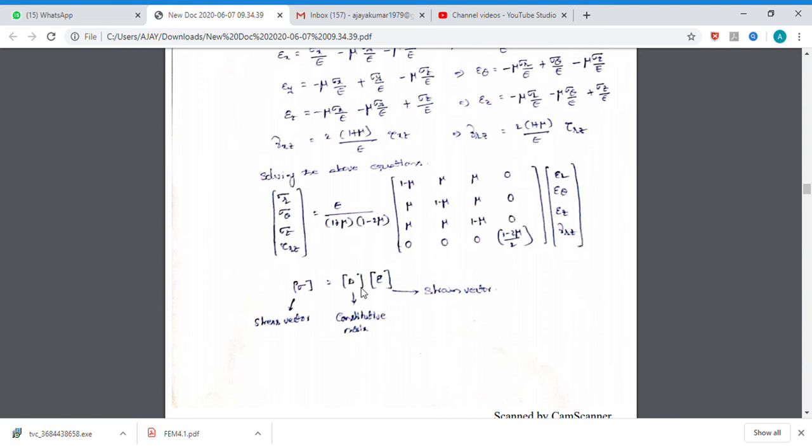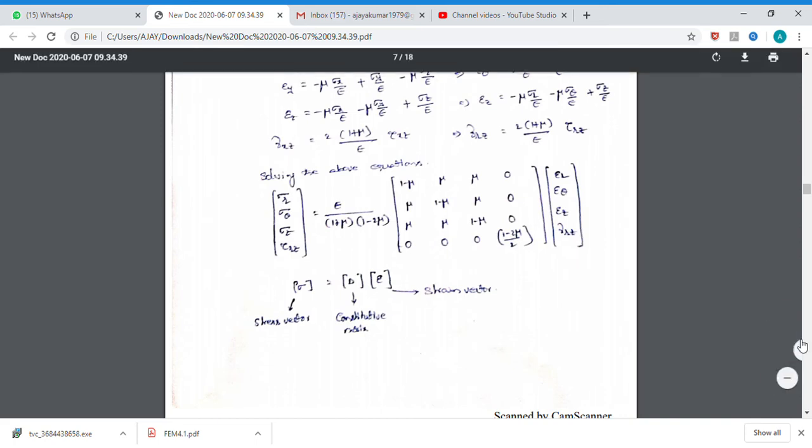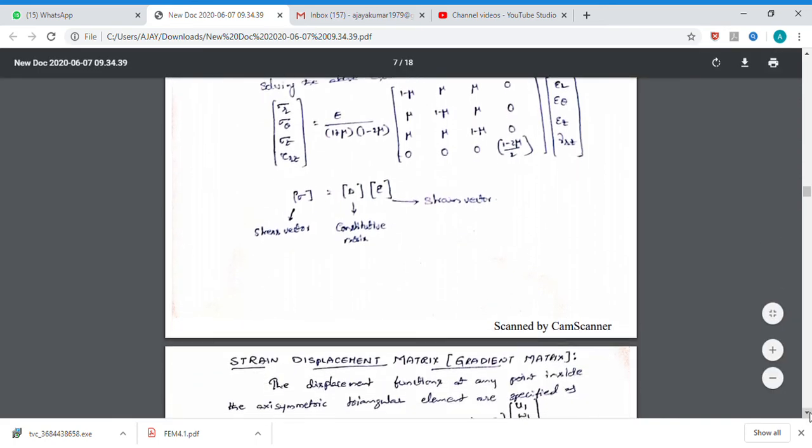As per Hooke's law, stress is directly proportional to the strain. In between, we take one elasticity constant, Young's modulus. That elasticity relation is what we call the constitutive matrix or stress-strain relationship matrix, the constitutive elasticity matrix, which is this D matrix. This is one of the simplest derivations.